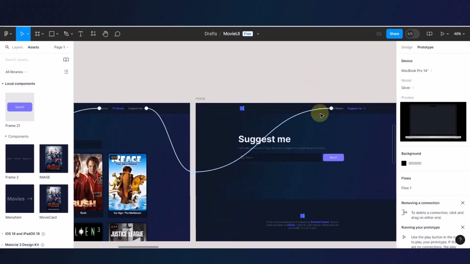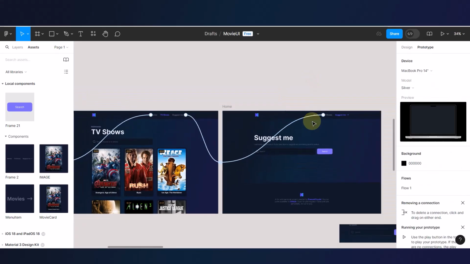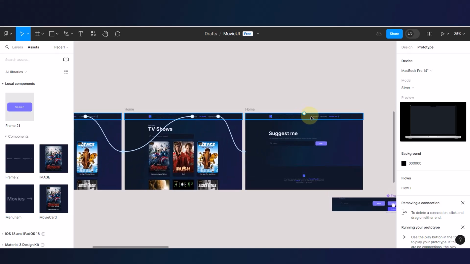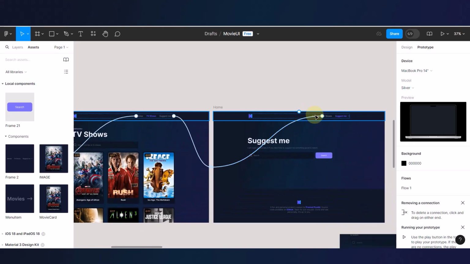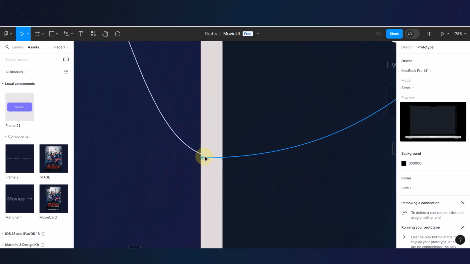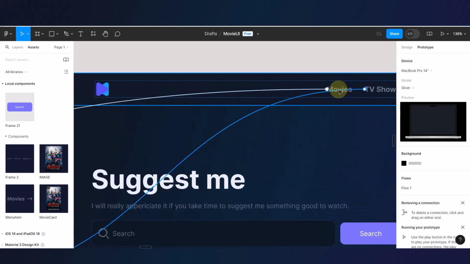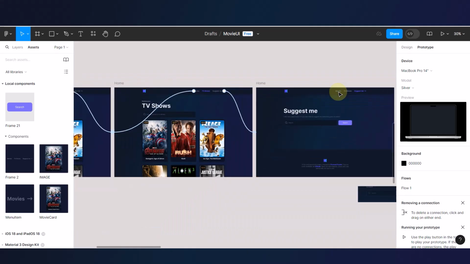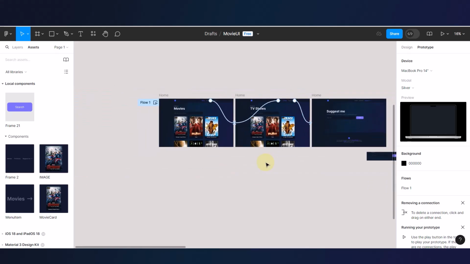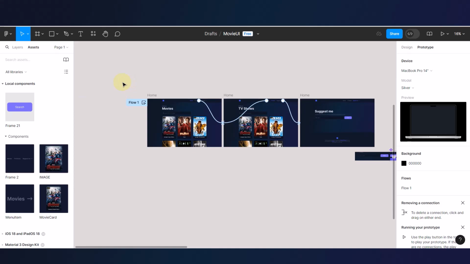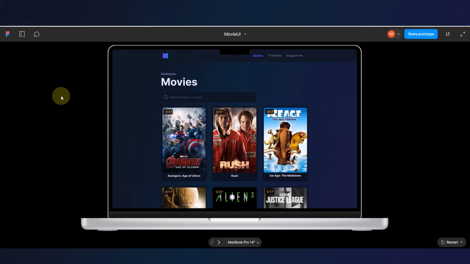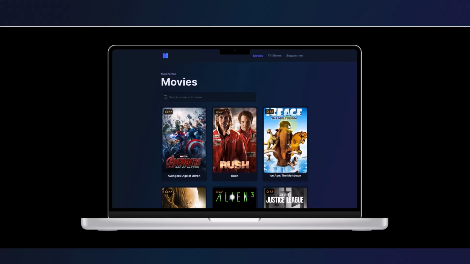And when I click from here, take me to where movie is highlighted. I hope this is taking me there. I hope the movie part is taking me there. Yes, let's hope so. So as you can see, guys, now let's check the prototype. Okay, let's check our prototype. Obviously it's going to have some